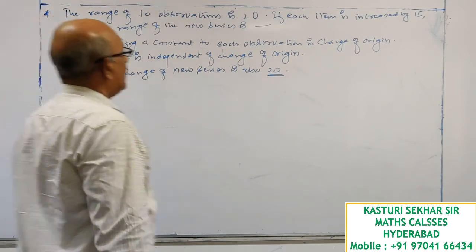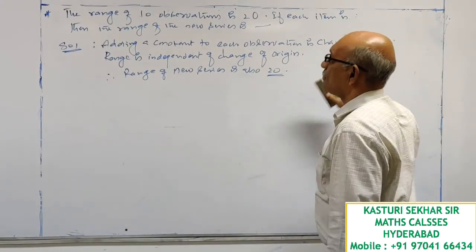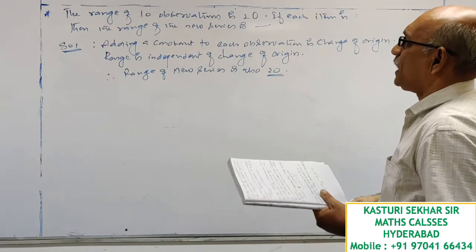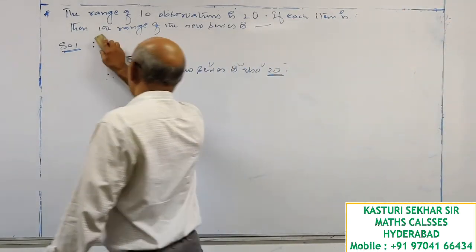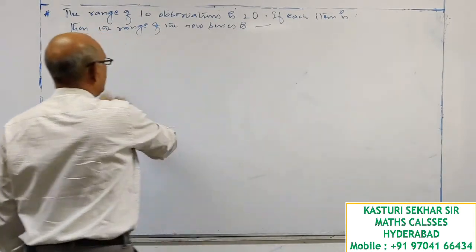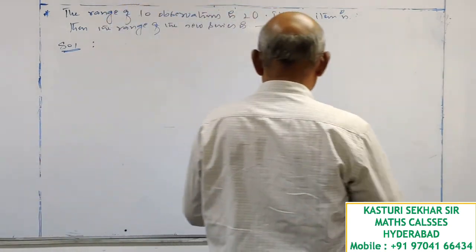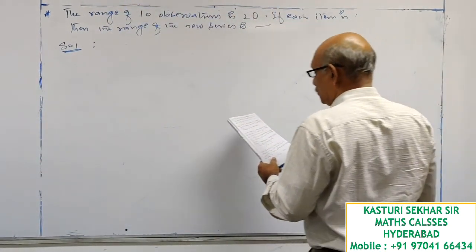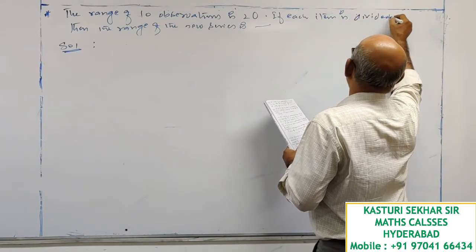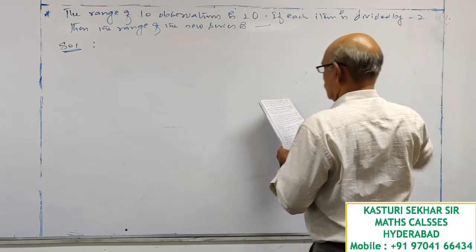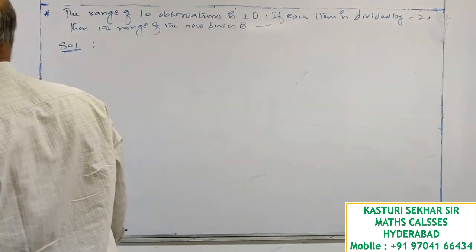Okay, let's see the next question. The range of 10 observations is 20. If each item is divided by -2, then the range of the new series is...